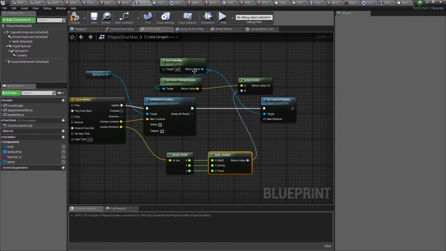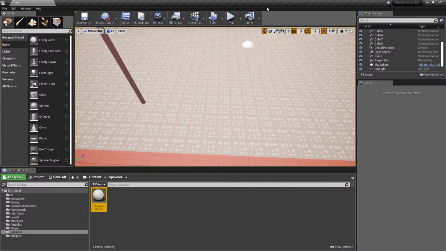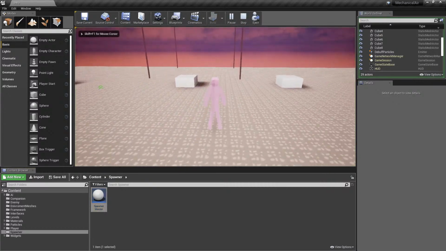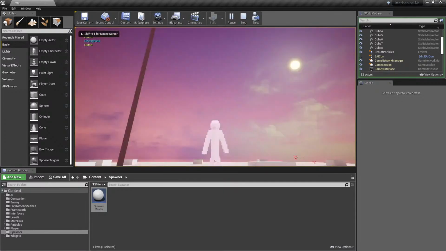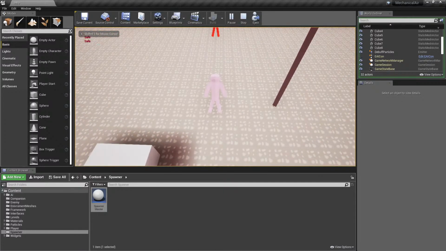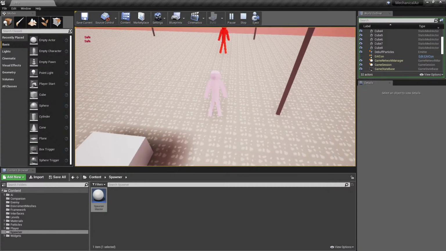And then it would be set location. Or I could convert this back to rotation. Um,